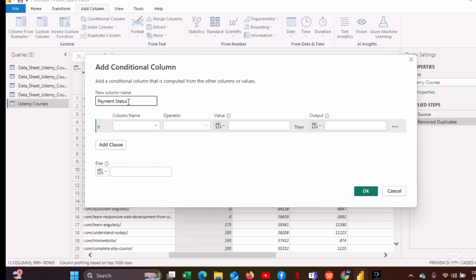Sorry. So this new column is going to be payment status. That will be the name. Then now this is the if statement. So here all we have to do is input the values, right? The condition is already set for us. So if